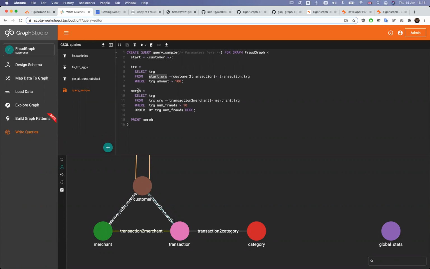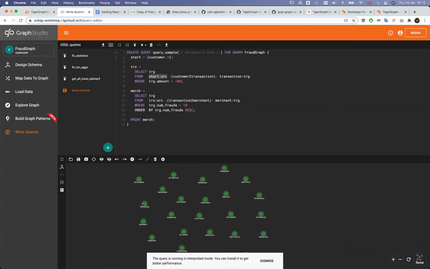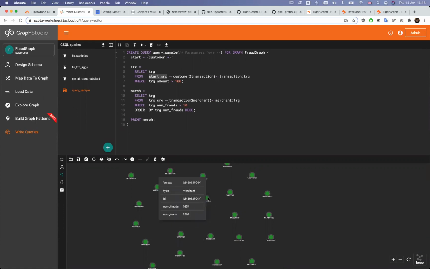These are all of the merchants who were victims of more than 10 fraud cases where the transaction value was more than 100 pounds. And this is printed out, and this output will be a JSON document. I think I can execute this. And here you go. These are those merchants that I was looking for. Here in Graph Studio, you see a visual representation. If I printed some edges as well, we would be able to see the edges between the merchants and, for example, transactions, but I didn't want to overcomplicate this.